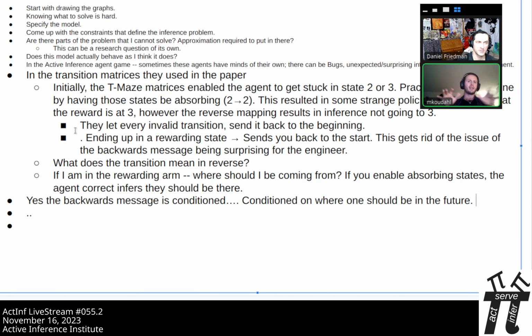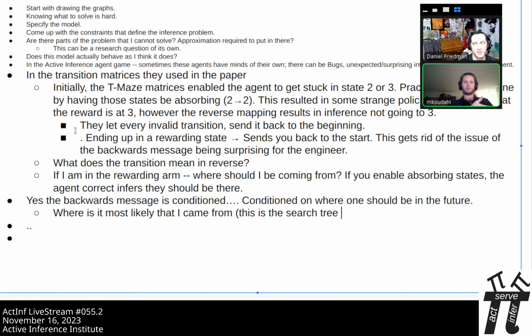You can also think of doing the same thing in reverse. I'm approximating a little bit because we don't actually do search trees. You can say, well, if I have already obtained everything that I want in my life, where is it most likely that I came from? And I say, all right, if I go one step back, where is it then most likely that I came from, and so on and so forth. And that distribution, that kind of logic, is what we're doing with the backwards pass.